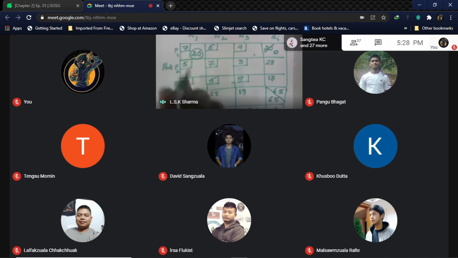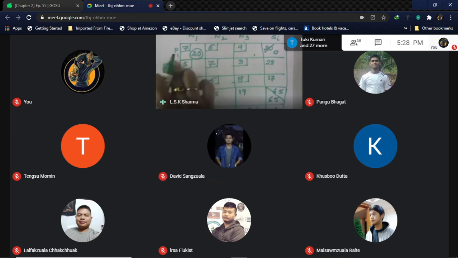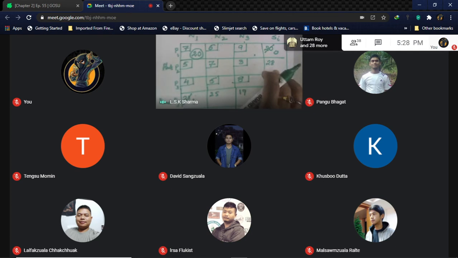So 20 units from plant 1 have been sent to warehouse 1 at the cost of 7 rupees per unit. Now plant 1 supply is finished, so in this row I cannot do anything. So let's go to the second row. In the second row I have plant 2, but in warehouse 1, when you look at this column, there is 1 left out here, and when you look at this row, 28 is there. So which one is the least among them? The least is 1.